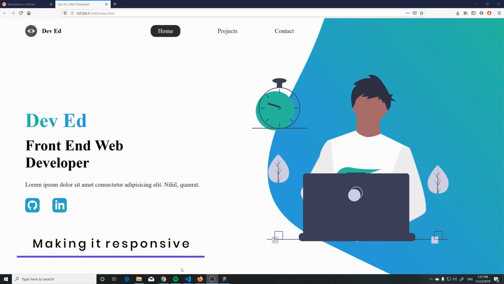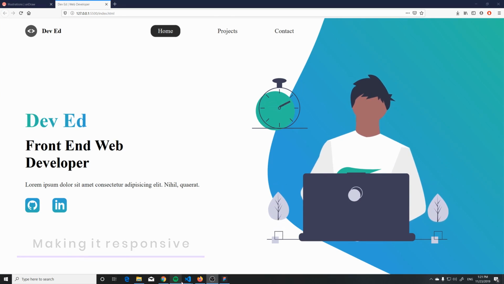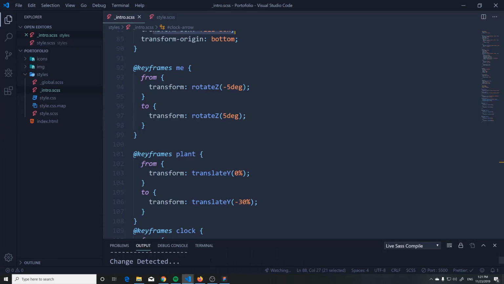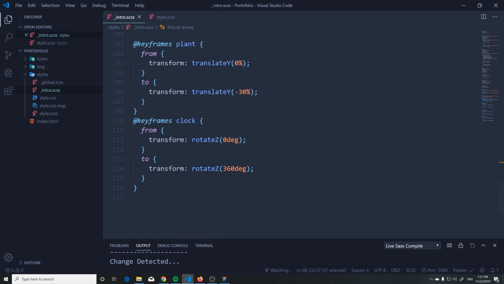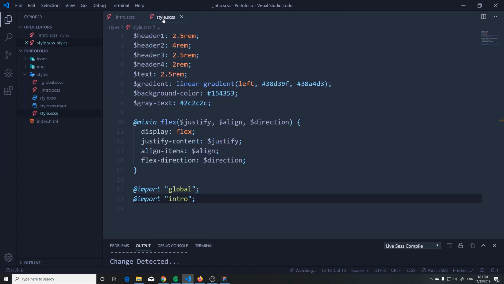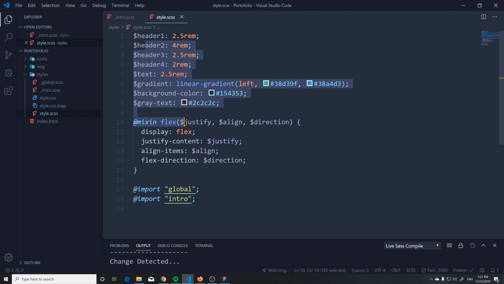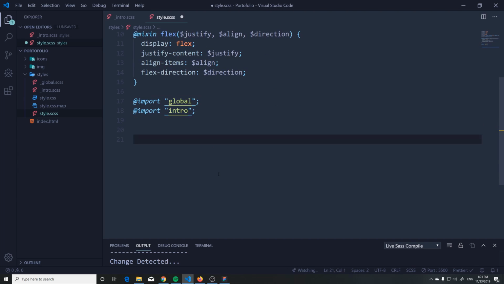Okay, let's start adding some mobile friendliness to our device. Okay, mobile, let's do it. I'm gonna go back to the style.css and I'm gonna do all the media queries down here. So this is where I'm gonna add it. Here I'm gonna have the variables, here I'm gonna have the imports, and down here I'm gonna have the media query. So I'm gonna say media, screen, and let's do one for max width,